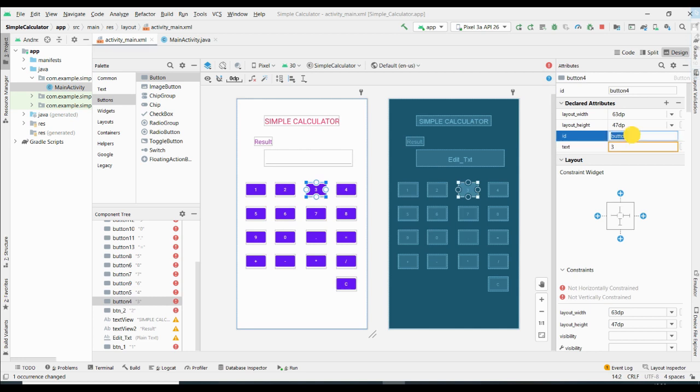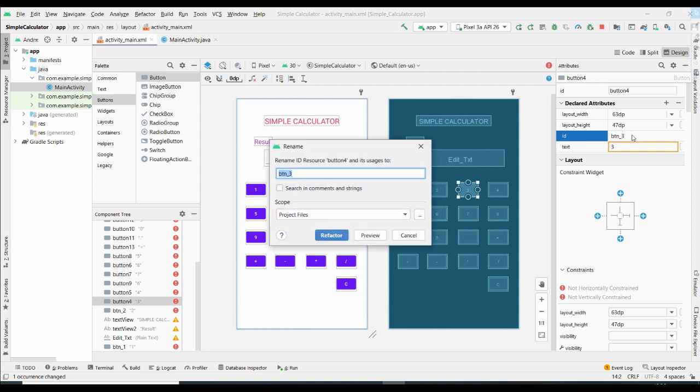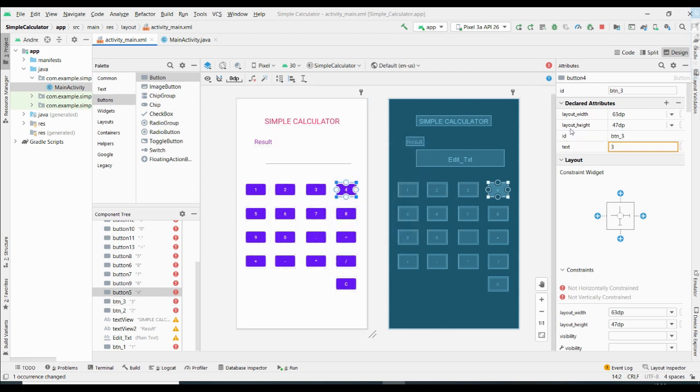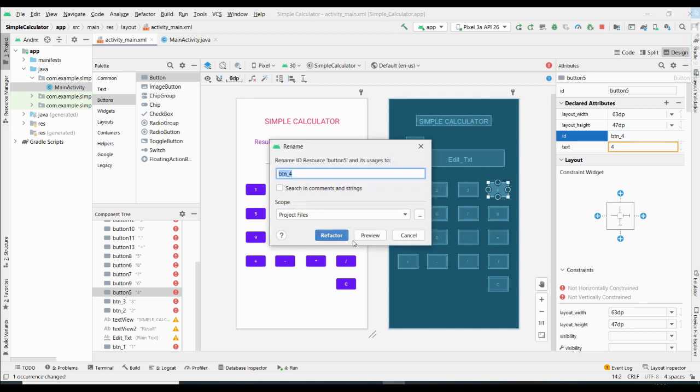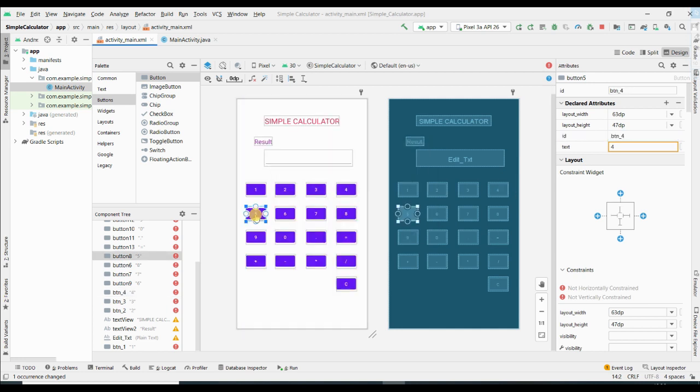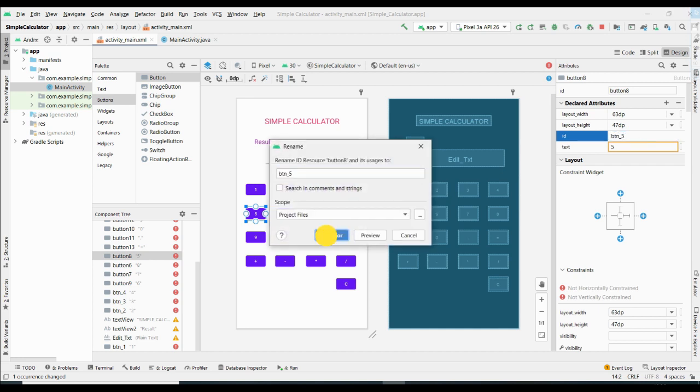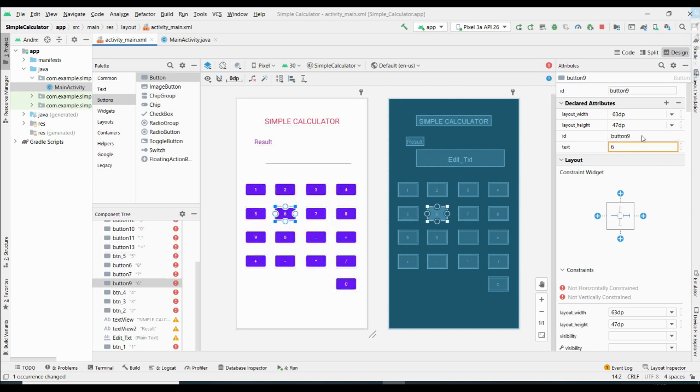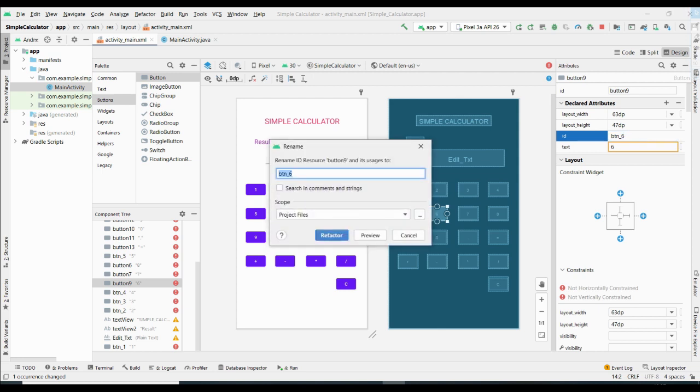Only designing will take time in this simple calculator, but not the code. Button underscore 3, just press refactor. Then similarly, button 4, go for the ID, change this to btn underscore 4, press enter, and here give refactor. Similarly you give it for all. So btn underscore 5, then btn underscore 6,